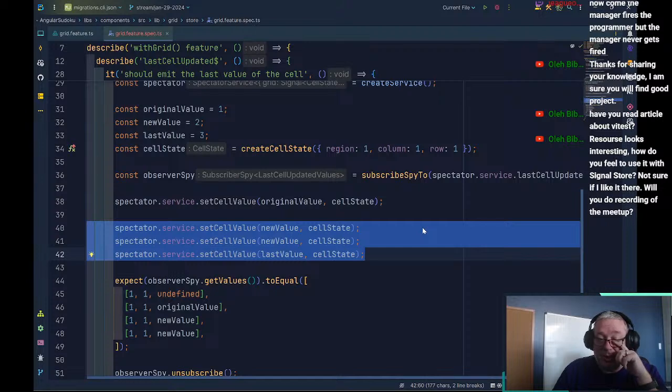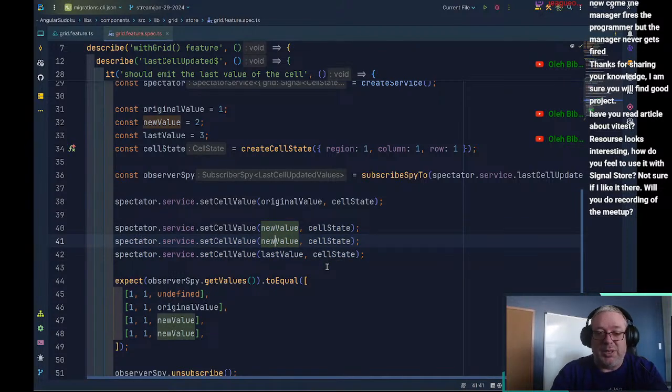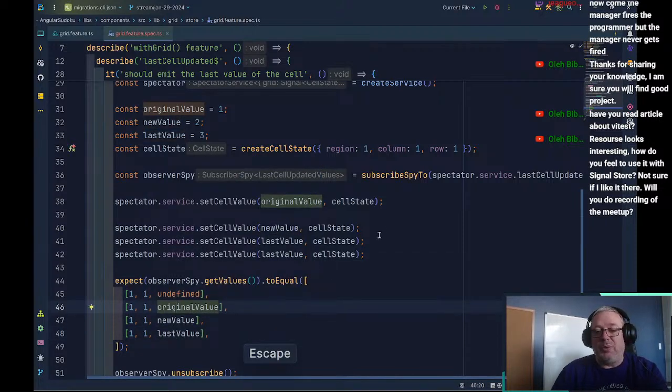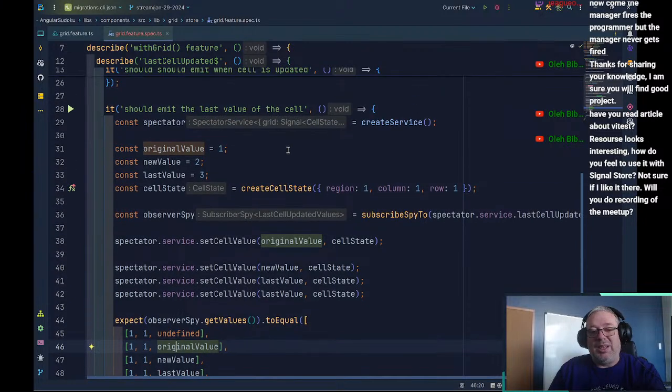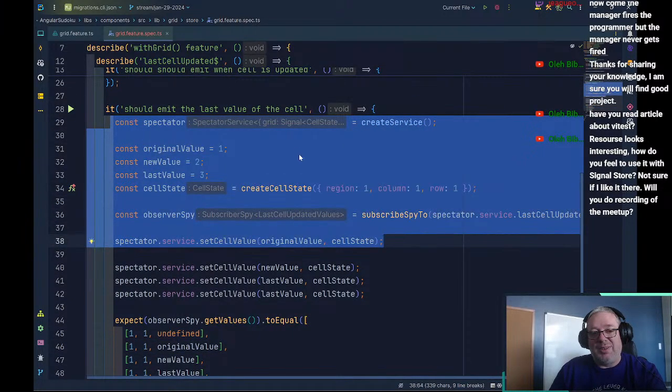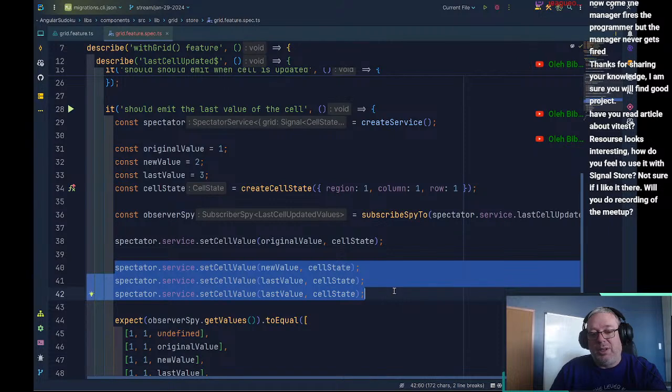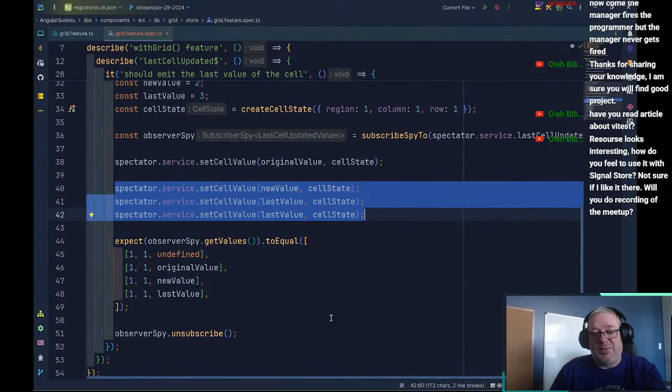And that's true. One thing we could do just to make sure everything's working is change this to last value and say the last one needs to have emitted the last value. But we're technically violating the "do one thing" rule. I don't know, you could argue that, right? Because we could say this part of the test is the setup, this part is where we're asserting certain things,